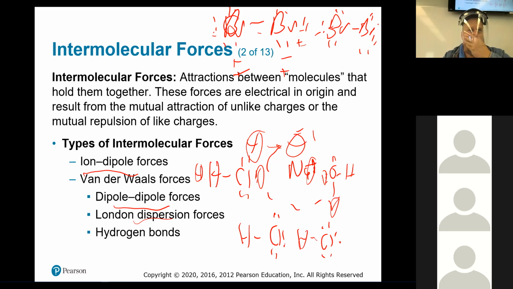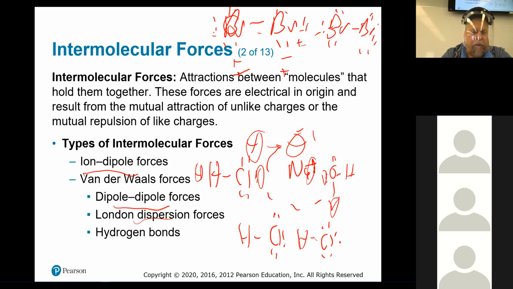And what's the nature of chlorine? Anybody know what chlorine is? That's a gas, so the London dispersion forces are less. Why? Look on the periodic table. Why would bromine have bigger London dispersion forces? Where is it on the periodic table compared to chlorine? Below it, so it has a much higher molecular weight. It's a bigger molecule, and in bigger molecules the electrons move around a little more, so you get oriented positive and negative regions that keep it together. Iodine, of course, is a solid at room temperature, as is astatine.